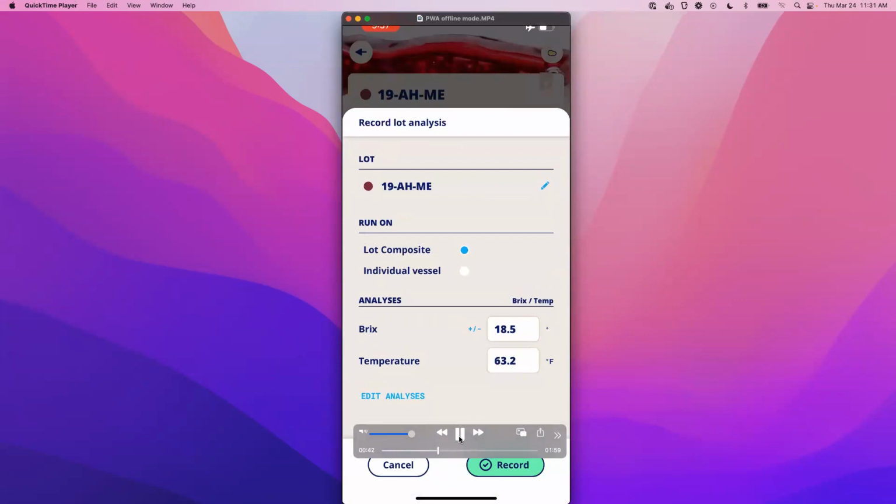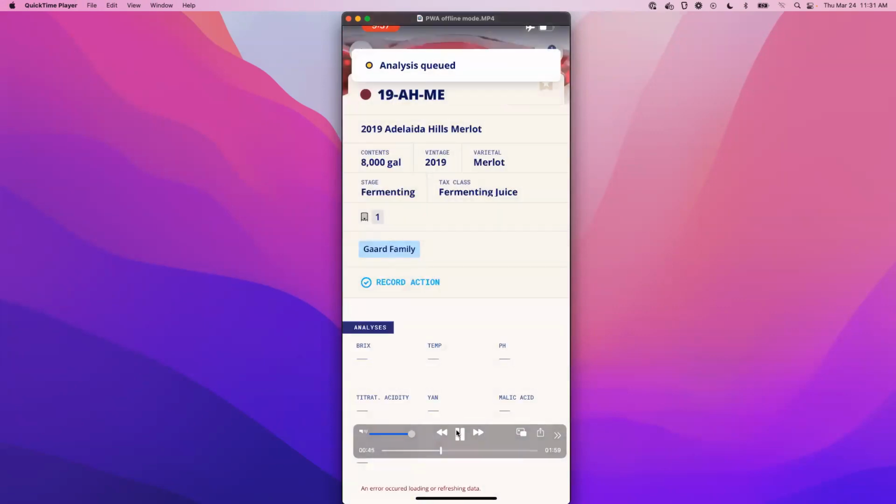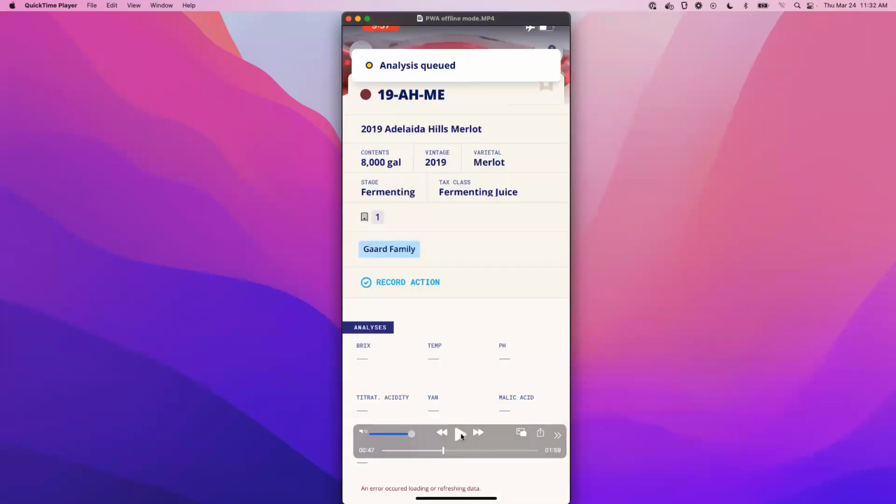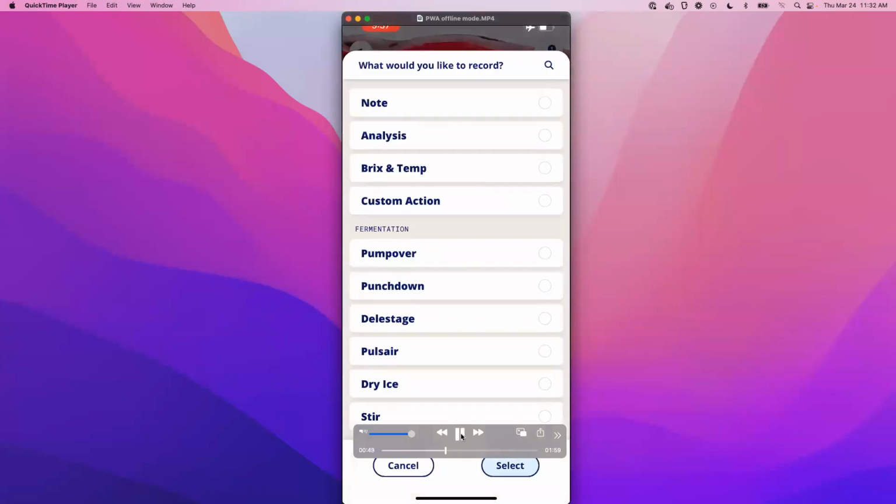I will press record. And then again, we've seen this before. The analysis action is queued. You'll see it in the top right. But here, I'm actually going to continue doing work. I'm not done here. I have more work to do. And I'm going to show you how we can add photo notes. So if you tap the note icon up here,